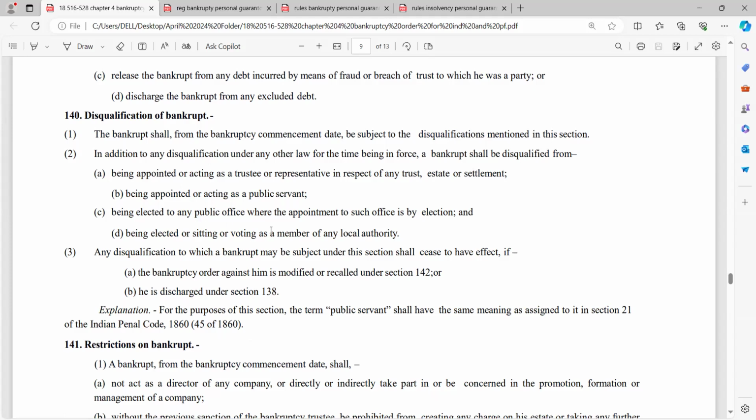बीइंग इलेक्टेड टू एनी पब्लिक ऑफिस वेयर द अपॉइंटमेंट ऑफ सच ऑफिस इज बाय इलेक्शन, तो आजकल जैसे इलेक्शन चल रहे हैं, इलेक्शन भी नहीं लड़ सकता वो। ठीक है, एंड बीइंग इलेक्टेड और सिटिंग और वोटिंग एज ए मेंबर ऑफ एनी लोकल अथॉरिटी। Any disqualification to which a bankrupt may be subject under this section shall cease to have effect if the bankruptcy order against him is modified or recalled under section 142 or he is discharged under section 138। ठीक है, तो बेसिकली क्या है, ये डिस्क्वालिफिकेशन कब ऑपरेट करती है, फ्रॉम बैंक्रप्सी कमेंसमेंट डेट टिल द डेट ऑफ डिस्चार्ज। डिस्चार्ज हो गया एक बारी, फिर ही इज गुड एज ऑर्डिनरी पर्सन। ठीक है,